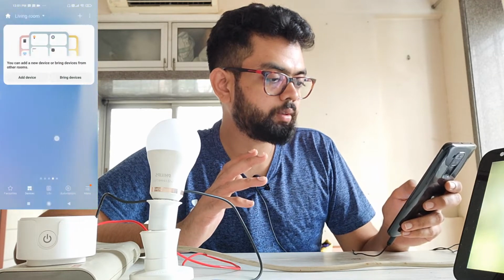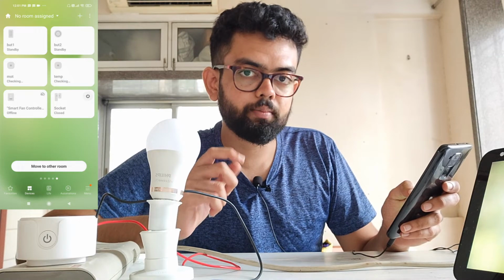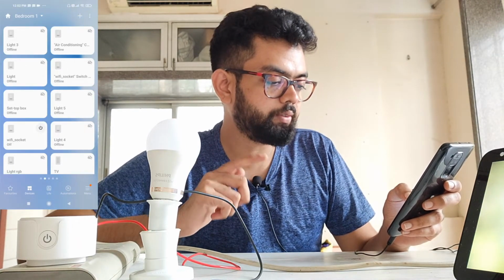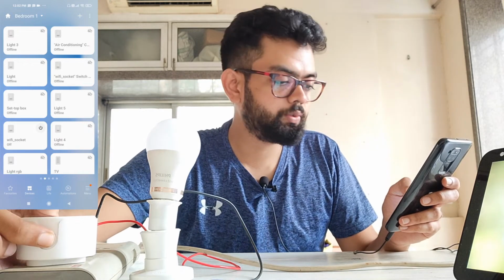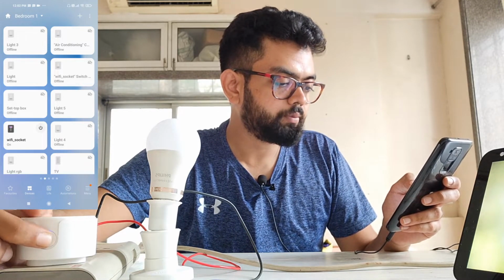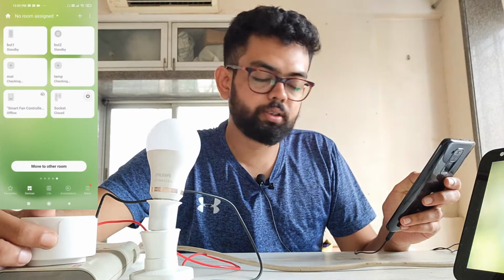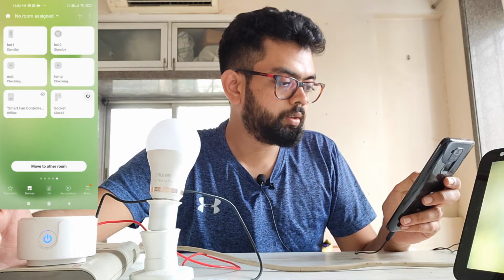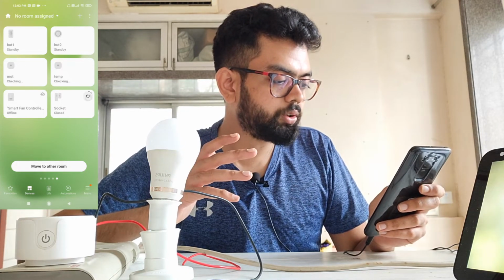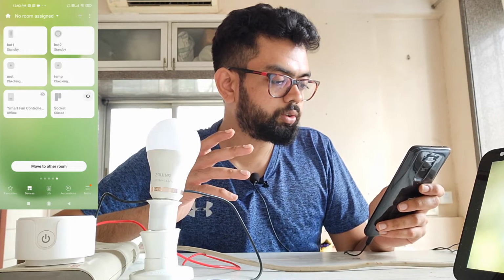The socket is basically a virtual switch which we created by using the device handler, and my actual socket is right here. As you can see, the Wi-Fi socket. If I go ahead and switch on the socket, on, off. Now if I switch the virtual switch on, the actual socket won't respond. But if I switch on the socket, as you can see, socket open, socket close.